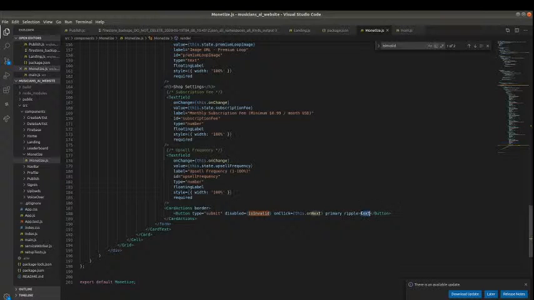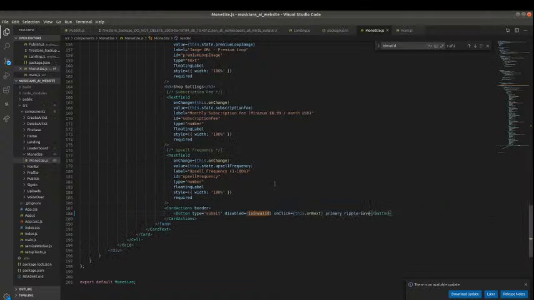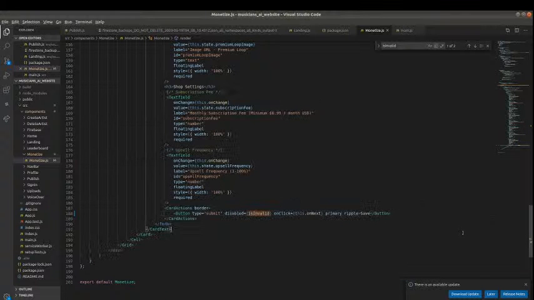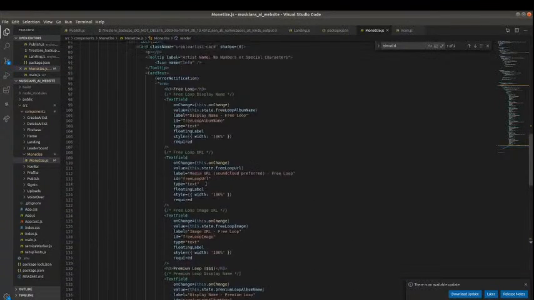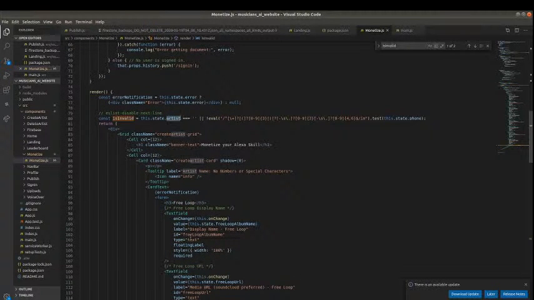Instead of saying next, let's have you say save. There it is. Now it says save. Okay, so it'll say save, and now we want it to change based off of this dot state dot